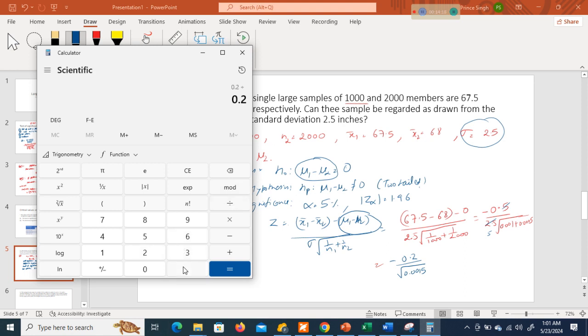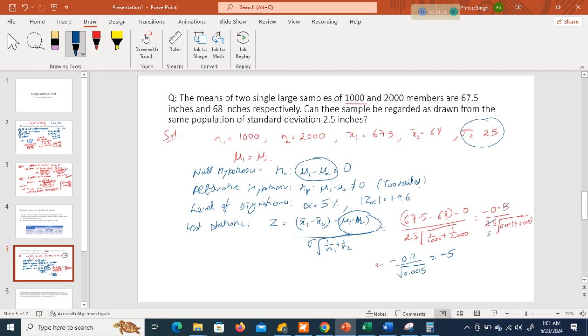divided by 0.0015 root. Its value is 5.16 with a negative sign, minus 5.16. So you can see here its value is 1.96, means critical value 1.96 means its value is from minus 1.96 to plus 1.96. So this is the acceptance region